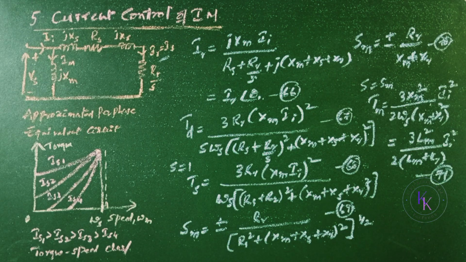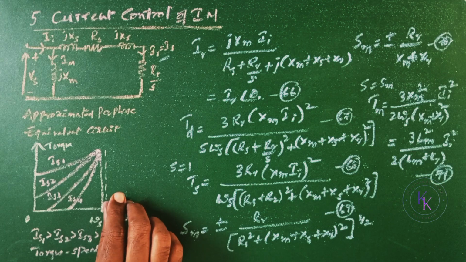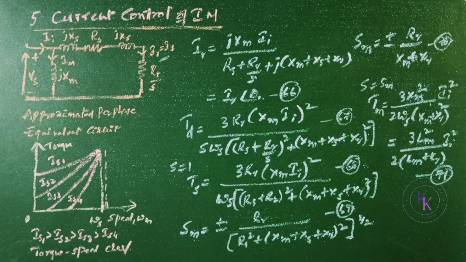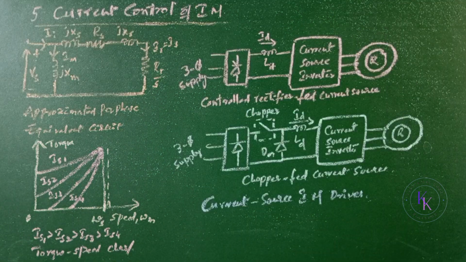At a low slip, the terminal voltage could be excessive and the flux would saturate. Due to the saturation, the torque peaking in the characteristics will be less than that as shown here. The constant current can be supplied by three-phase current source inverters. The current-fed inverter has the advantage of fault current control and the current is less sensitive to the motor parameter variations. However, they generate harmonics and